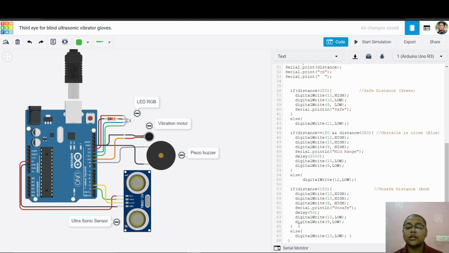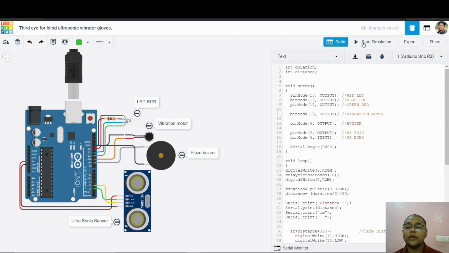Okay, that's the whole code. Else, if none of these are the case, then we will make pin 13 low. If it is not in the greater range, not in the mid range, and not in the unsafe range, then we will stop the LED.